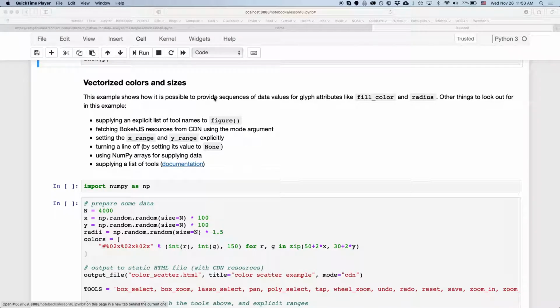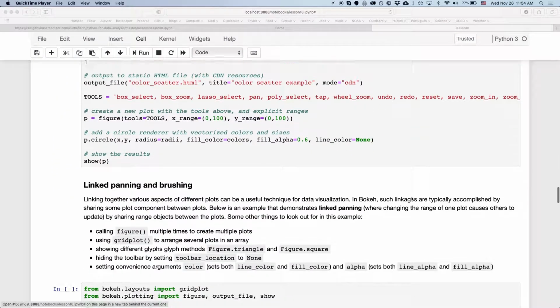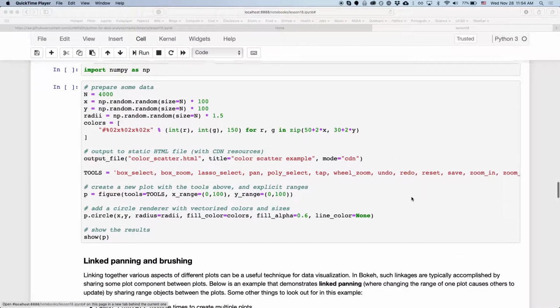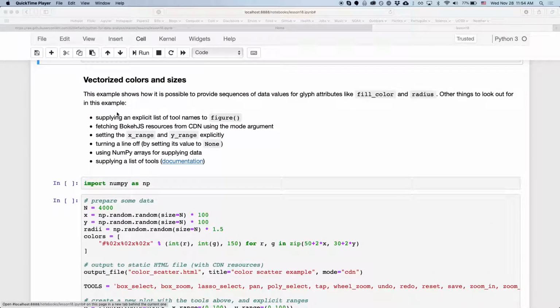Okay, in this next example, we can see how we can provide sequences of data for glyph attributes like color and radius. So this would be something we could do with that moon data that we worked with in a couple examples. So here we're going to do a few other things. We're going to